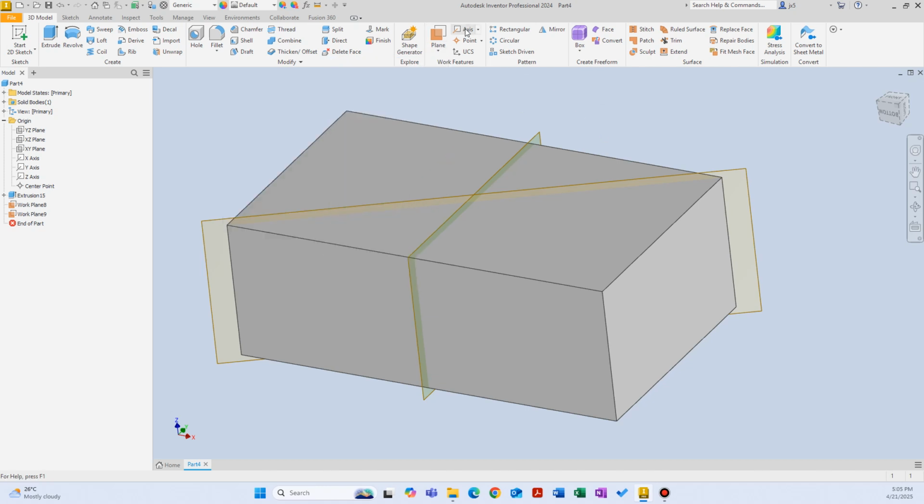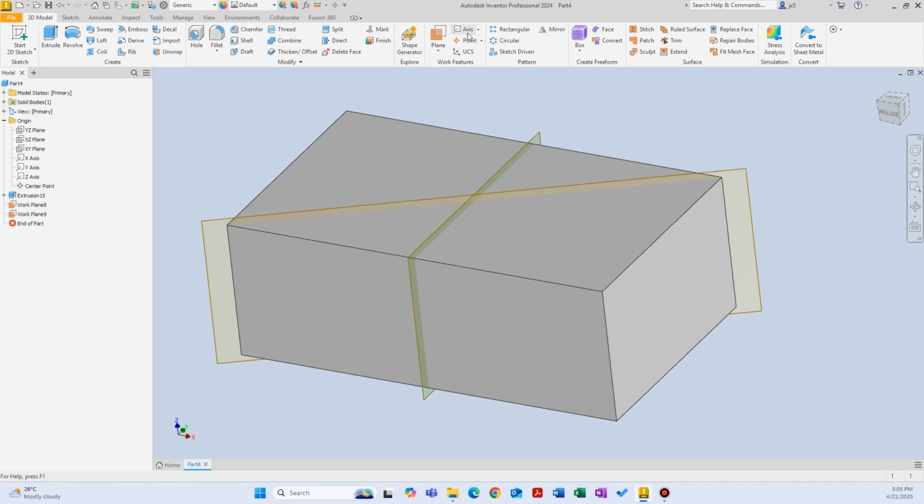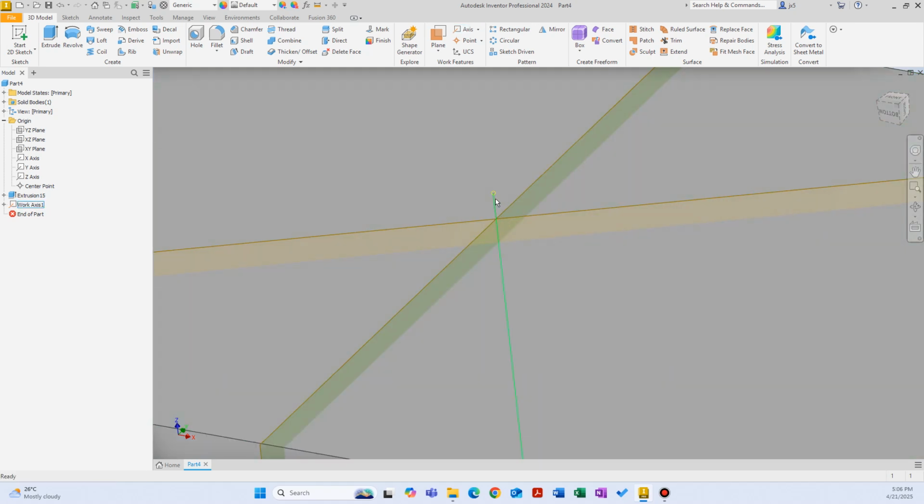So now let's talk about the axis and point in the work features menu. Again, with the default planes like XY, XZ and YZ plane, where the XY plane and XZ plane meet, you have the X-axis. Same thing with the axis and point in the work features menu. So I have two planes here and the second one here. Where they meet, I can create an axis. I can select axes and select this plane and select that plane, and that is going to create this axis